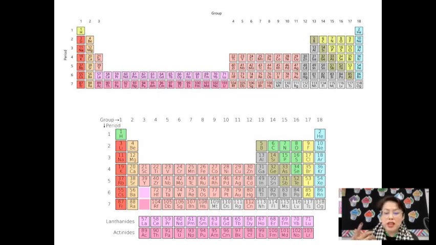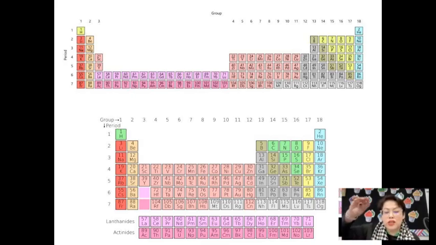So instead of using that one, we use the bottom one, which is the abbreviated version, the one that we know. As you can see, periods are the numbers from left to right, 1, 2, 3, 4, 5, 6, 7. And then from top to bottom, we have what we call the groups from 1 to 18. In those groupings, we have specific families that we're going to talk about later, but we should know about them right now.